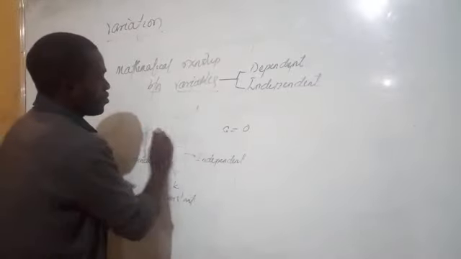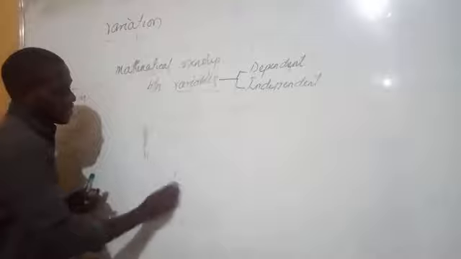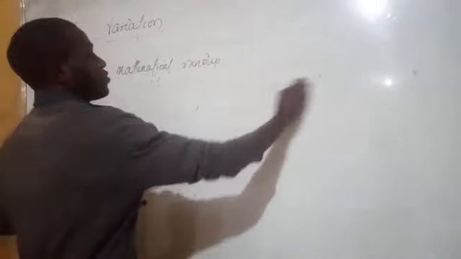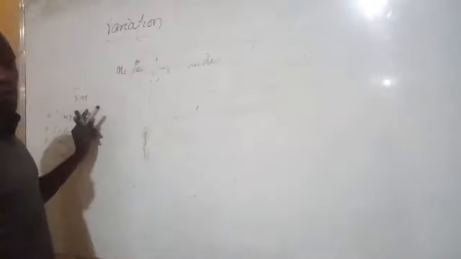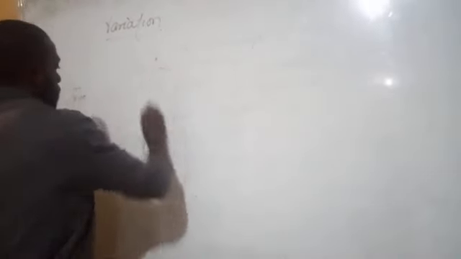Now let us go into the two basic types of variation, the direct and the indirect. We're going to solve questions in later videos, but I just want to give us a quick overview, a quick glance at what they are. For the direct variation now, the direct variation is a relationship